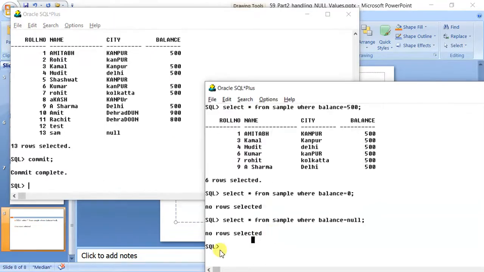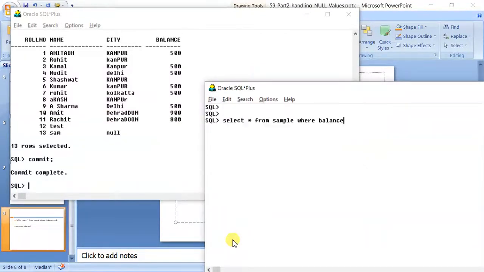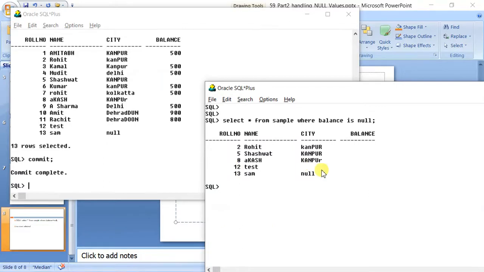So what is the solution? The solution which Oracle has given is very simple: where balance is null. You can see now the answer has come.